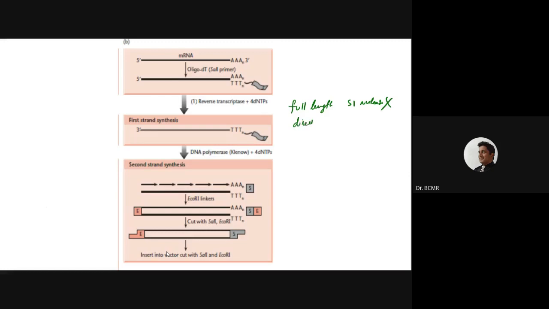Second thing is we want it directional. Those are the two objectives that we have for this protocol. So here, the first cDNA strand is always the same in a majority of these cases. It's always reverse transcriptase and polymerization. And the one thing that is different here is that one is using an oligo T with a primer of